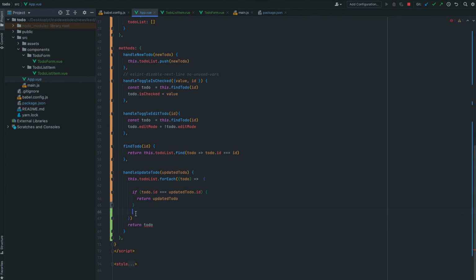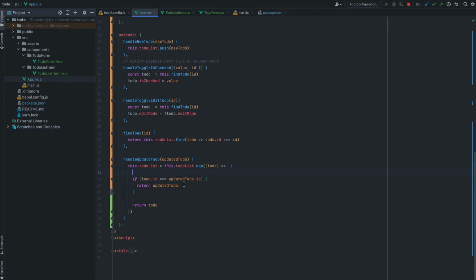Some brackets there, and this goes over here. Now inside of a for each, let's go for a map, and this will return a new array with the newly updated to do inside of it without the old one. So let's just copy this and set it, and now